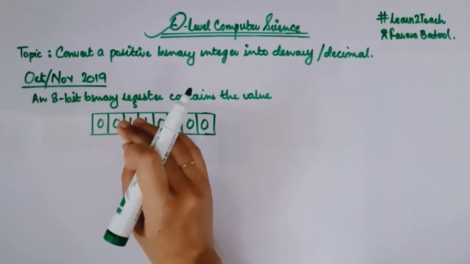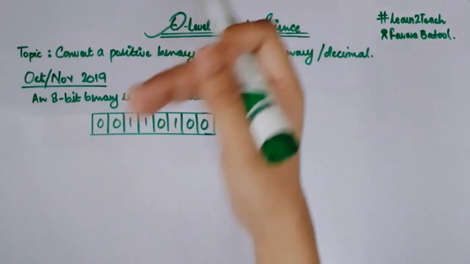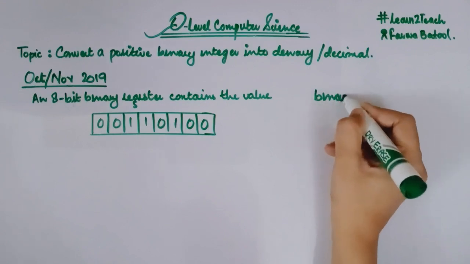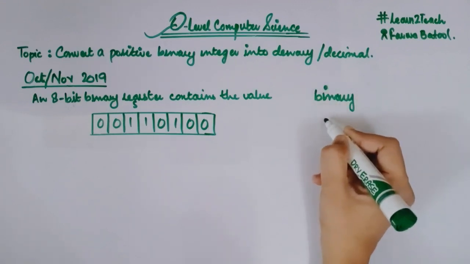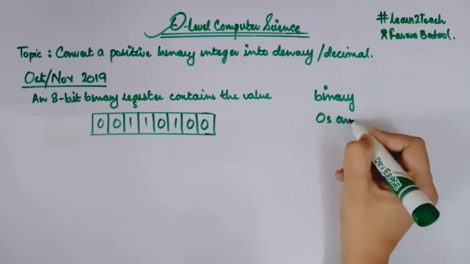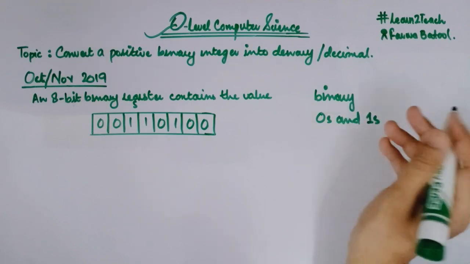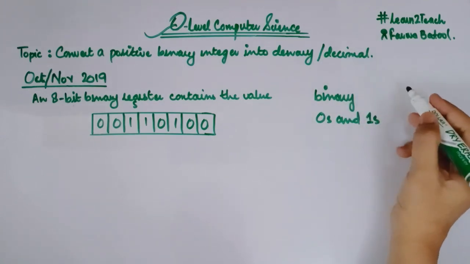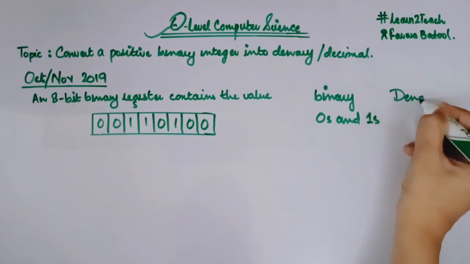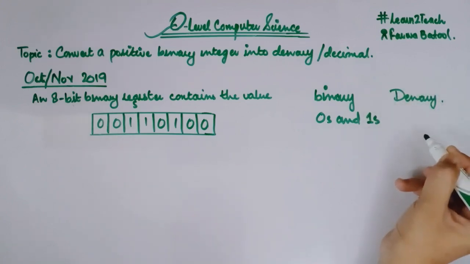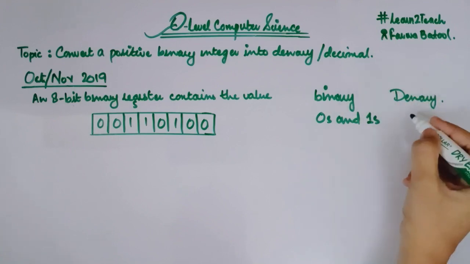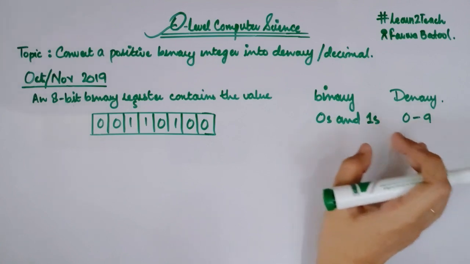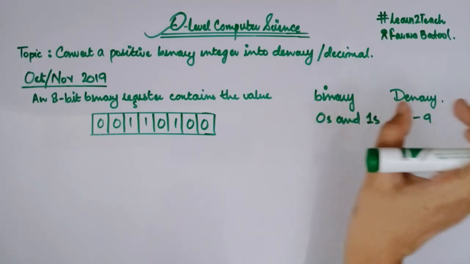Before that, let me tell you what a binary and what a decimal is. It's a recap, right? Okay, so a binary value or a binary integer is something that has zeros and ones in it, right? Only two values, either it has zeros or ones or a combination of that. Okay, so what is a denary one? A denary number is one that contains 10 values. It can be from 0 to 9, right? It's a combination of these values only. Okay, so we are going to convert a binary number into a denary one.